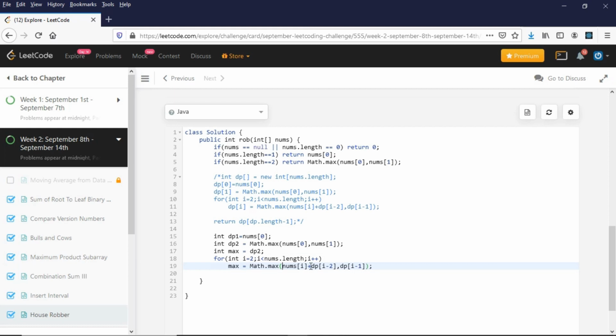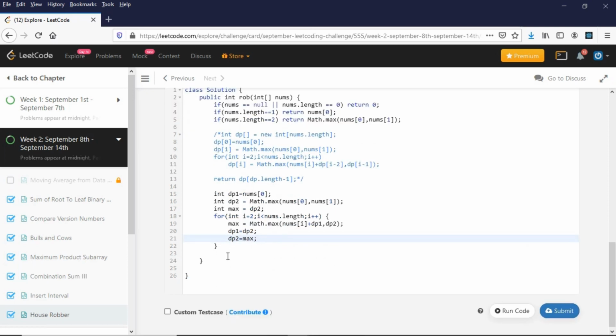And this will be nums of I plus dp of I minus 2, which is nothing but dp1 in our case, and dp of I minus 1 will be dp2. So once I've calculated the max, I need to make sure that my dp1 now points to dp2, and my dp2 now points to max. That way I will store my max value in dp2 and dp2's value in dp1, and I can move ahead in my array. So at the end, my max will have the maximum value that I can have. This way I can use only 3 variables instead of a dp array, and solve this in O of 1 space. Let's run this code,